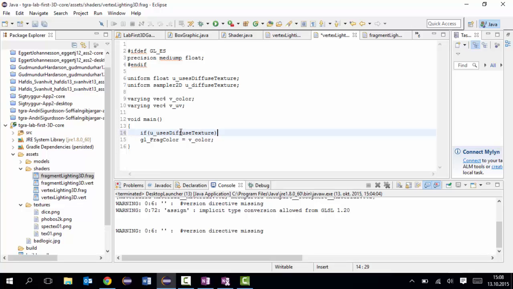and for now you could actually ignore this diffuse idea. We're just using this as our entire texture. We're taking the entire color with specularity and diffuse and all the calculations that happen in the vertex shader, and we're simply multiplying that with the texture color, because we don't have any split here in the fragment shader. We just have one color. If we want to have a separate diffuse texture and specular texture, we're going to have to also have a separate varying diffuse color and varying specular color. Alright, so if it uses the diffuse texture, if this equals 1,